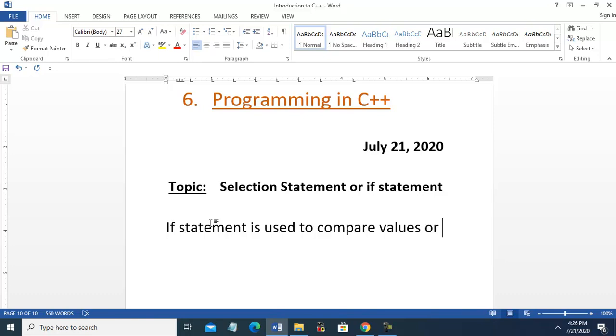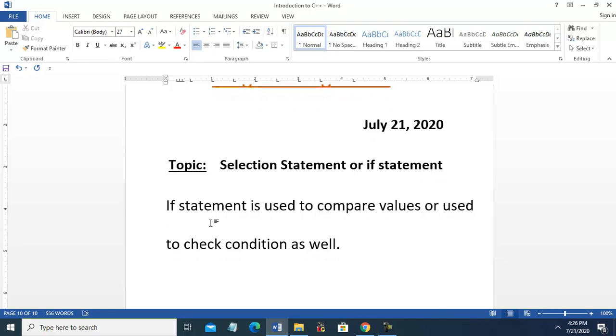In other words, it is used to check conditions. Compare values and check conditions have the same meaning. I will give you a live example from daily life of how we compare values.